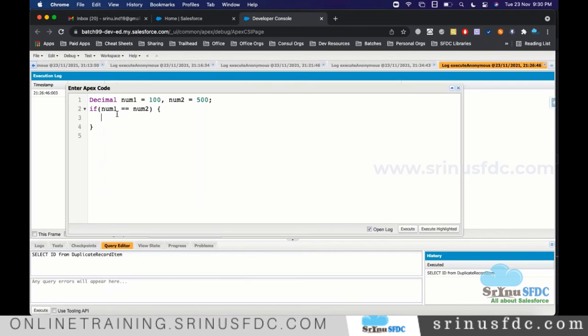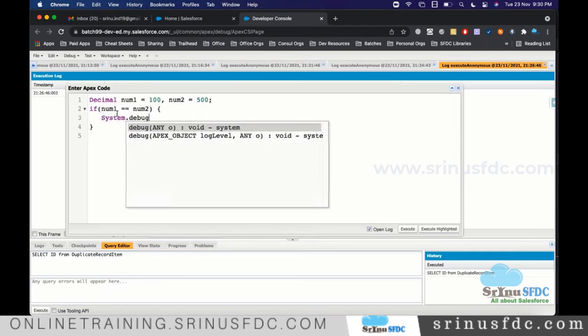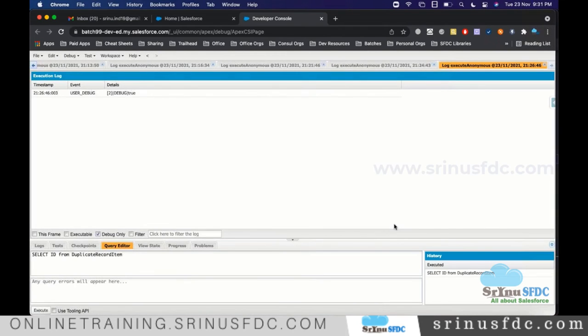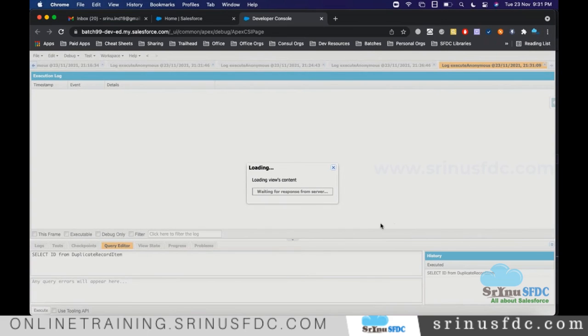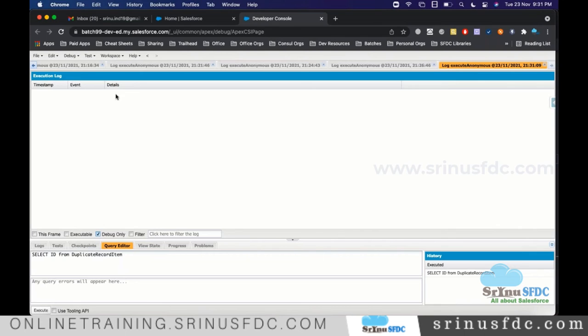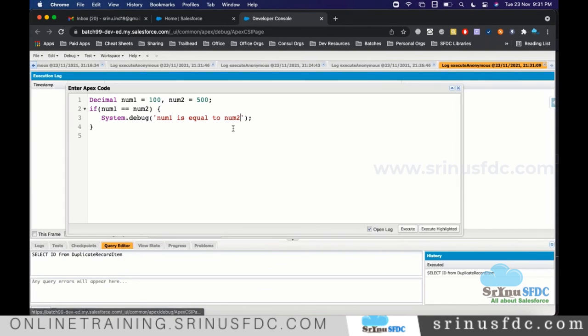If it is satisfied, I'll print in the log that number 1 is equal to number 2. If you see 100 is equal to 500, no, it won't execute. If you execute, you don't see anything printing, because whatever is inside the if condition will never execute since the condition is not satisfied.